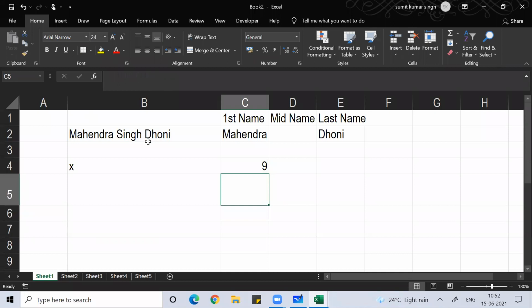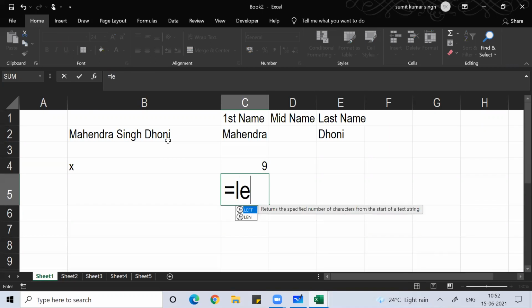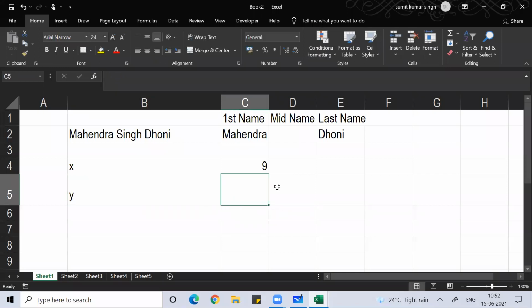When I'm using the right function from here, so this is 1, 2. Here, I'm using length, and this I can call y. Y is also 9.